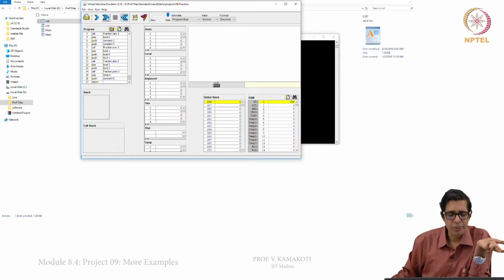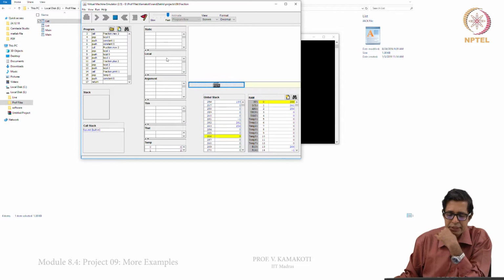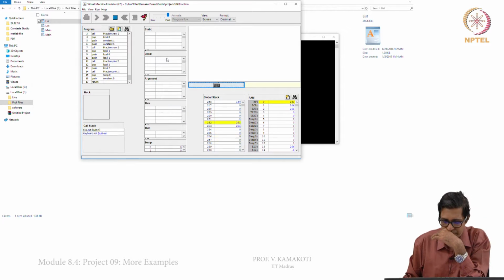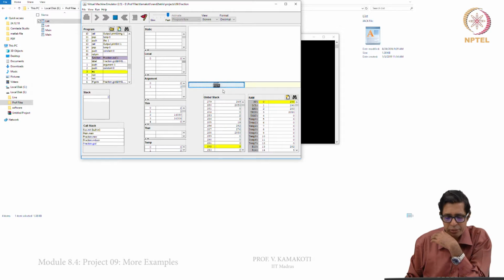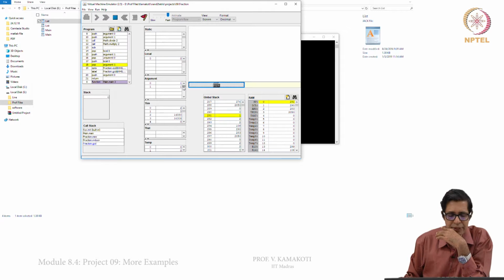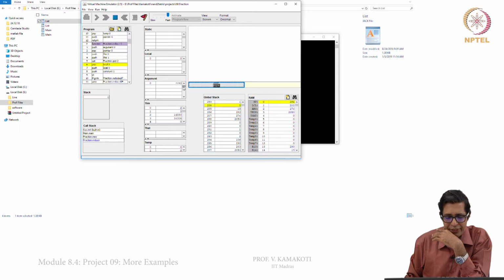And now, we just go and execute this function on the VM emulator. So, the main gets executed, now creating two fractions as you see here, 2, 3 are arguments to that function. So, your GCD is working on this.